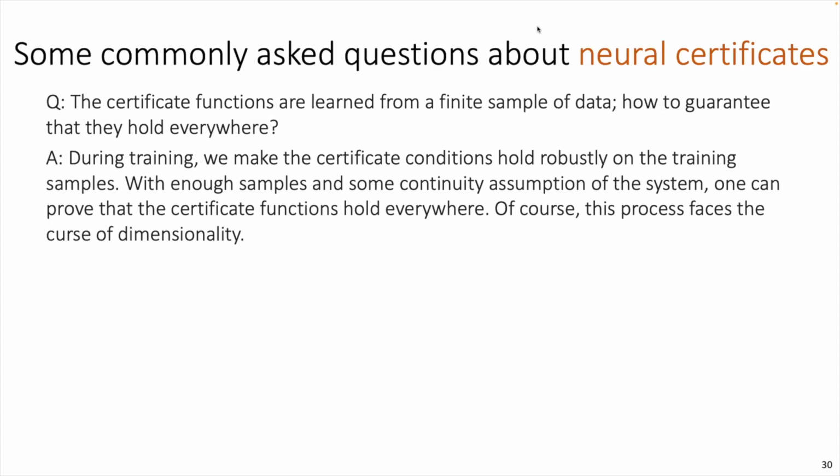Having said that, there's no free lunch. If we want to do that, it's going to face the curse of dimensionality for sure. We have been trying to use a couple of technologies. For example, we are not sampling in the entire state space. We are only sampling in the reachable states. The reachable states in a high dimensional system are much smaller than the entire state space. That's why I said there's some trick we can play to still learn a good certificate for a super